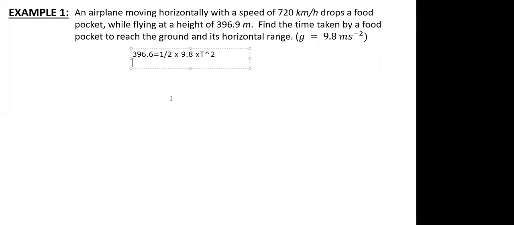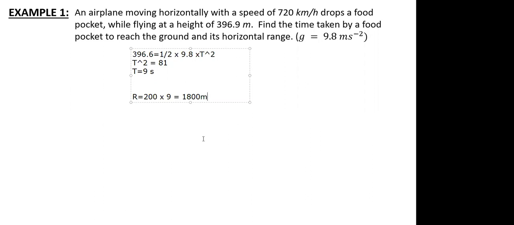Okay, then T square you get as 81, correct? And then time, you can say it is 9 seconds. So that is your first part. And then for the second part, you can directly say your range R dash was given as T into velocity, correct? And 720 kilometer per hour, if I'm not wrong, is 200 meter per second. Into 9, that is 1800. Perfect. Thank you, Rahul.